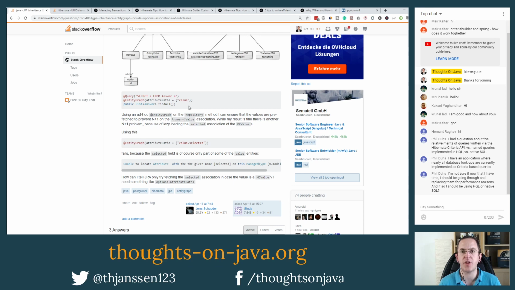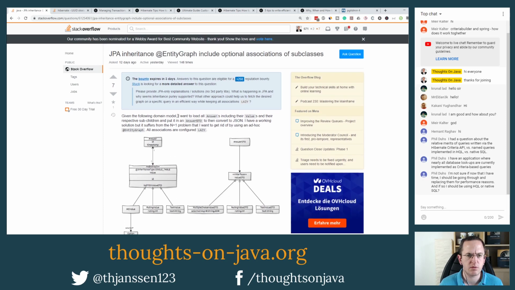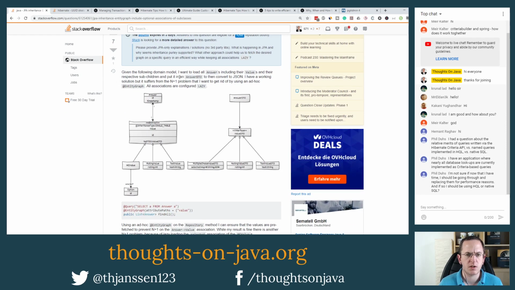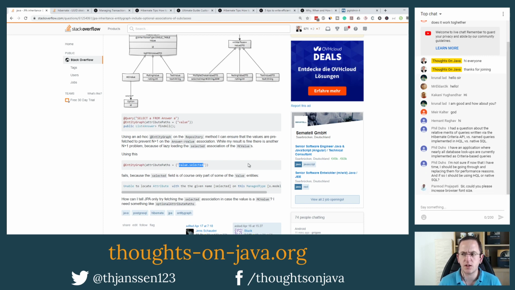So this is the current try here. They defined a repository method, seems to be Spring Data JPA. They have a repository and they use the entity graph annotation to define an entity graph and the query annotation to define a query. So what they're doing is they select the answer and then they define an entity graph that joins to the value. And from there, they also want to join to the entities behind the selected association. The issue there is selected is only